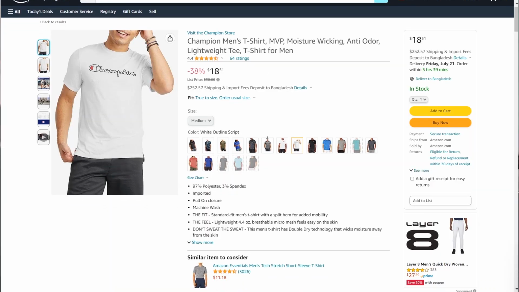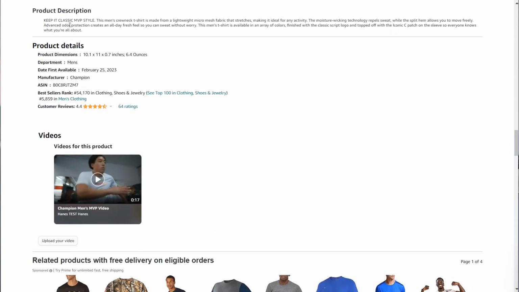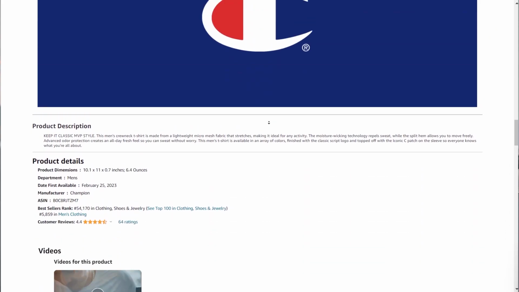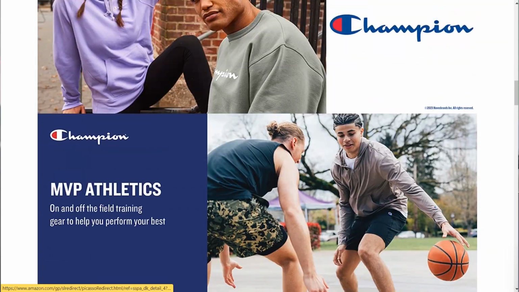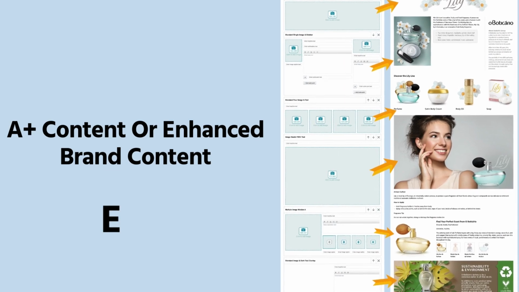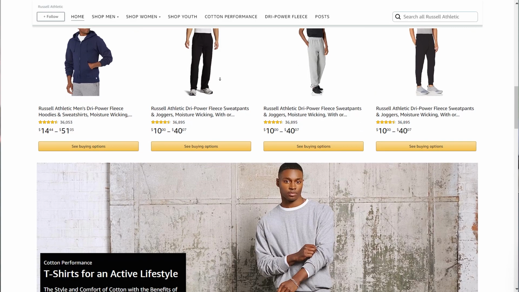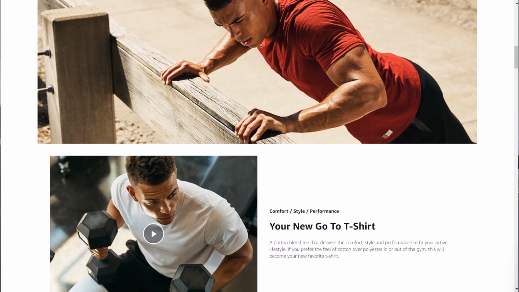So let's get started. Amazon A+ content is an advanced addition to your Amazon product description. In any Amazon product listing, you can see a section called description. But for some listings, the description is not only limited to written text. Sometimes there are graphics to represent the product description in a more advanced way. This is called A+ content or Enhanced Brand Content, in short, EBC. Only the brand registered sellers and vendors on Amazon Marketplace can utilize this feature to go beyond